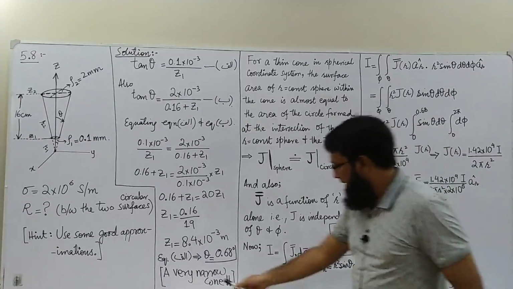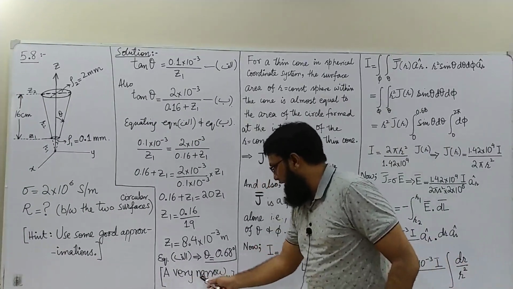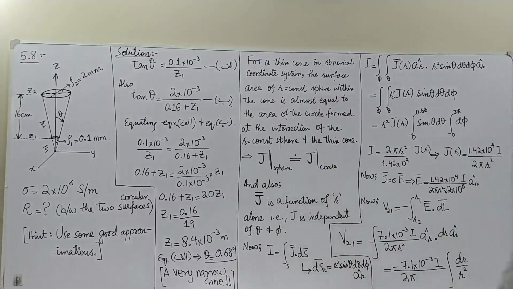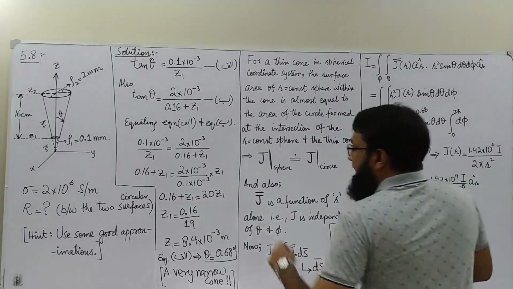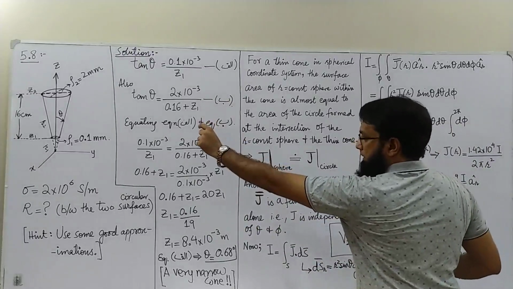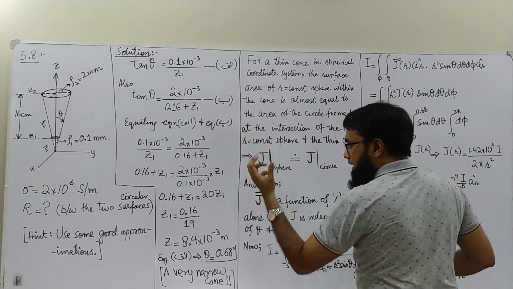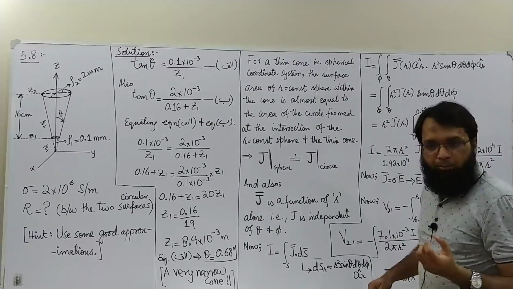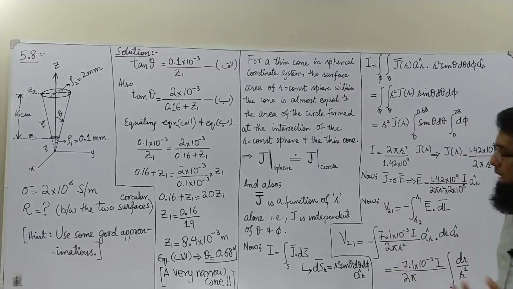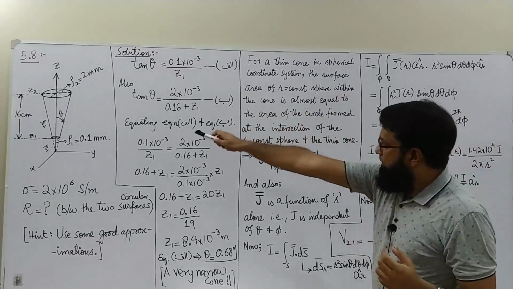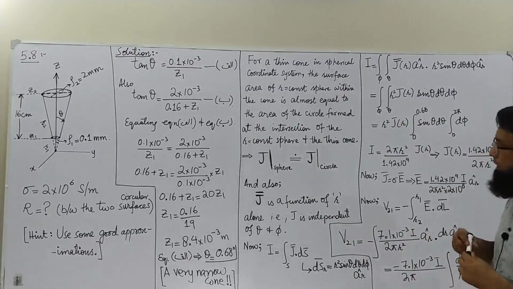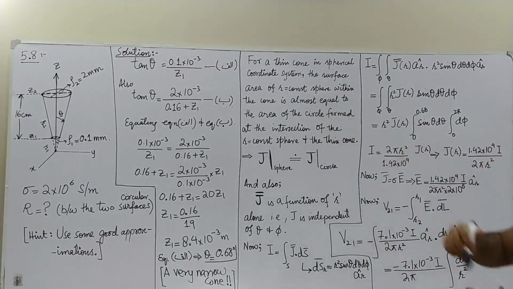So it means that we have a very narrow cone with us. All right. Okay, so now, knowing the shape of the device, we can make some educated approximations. For a very thin cone in a spherical coordinate system, as we have developed over here in the diagram, we know